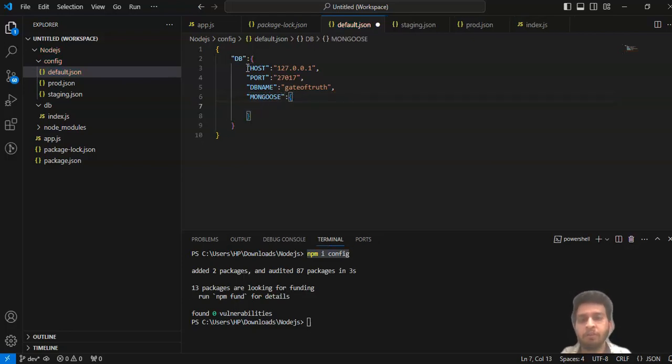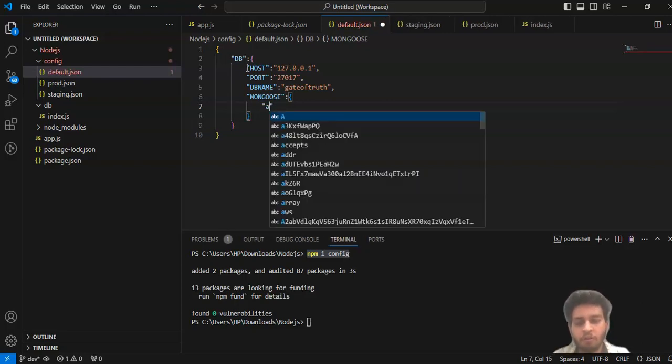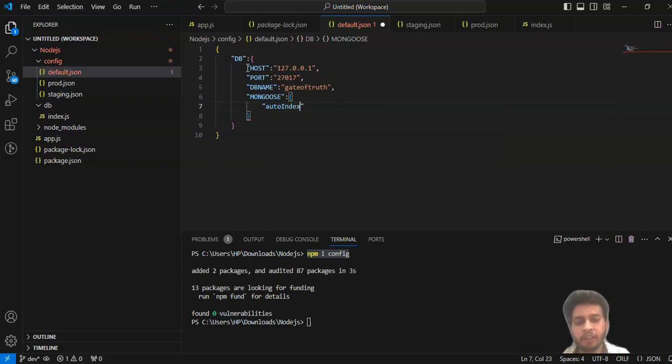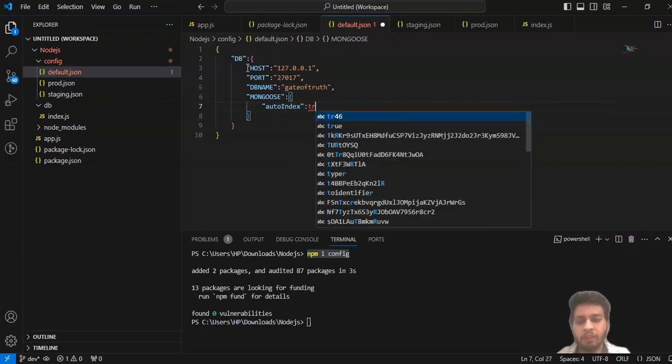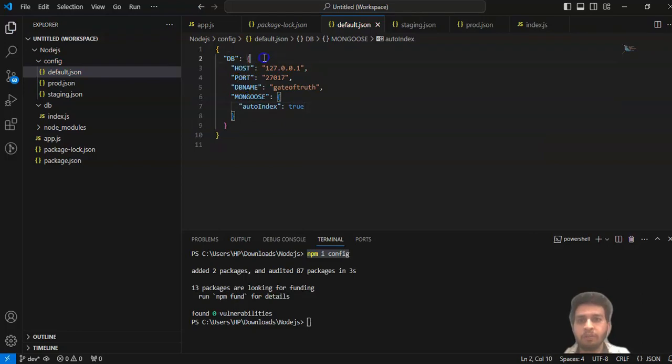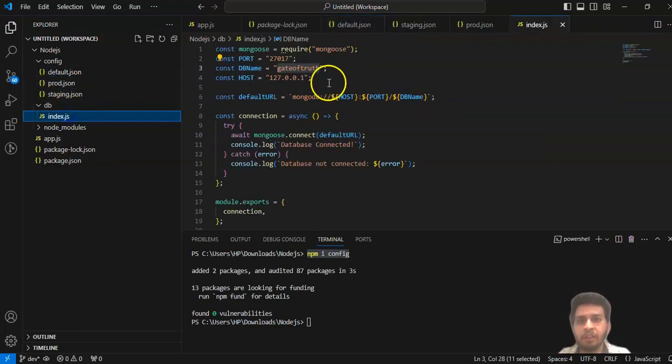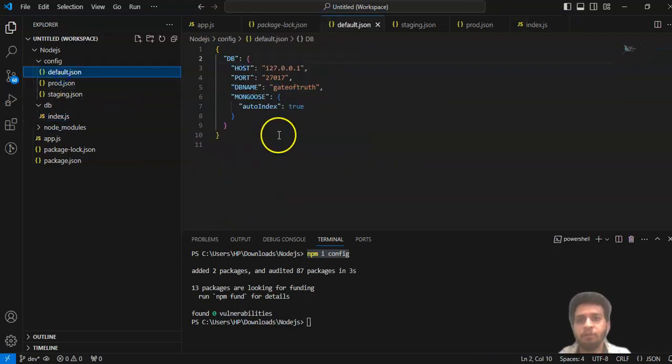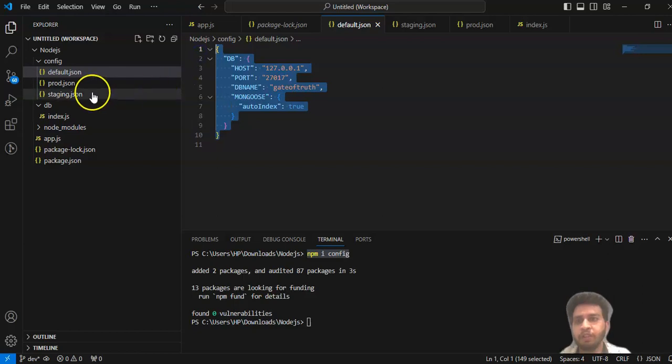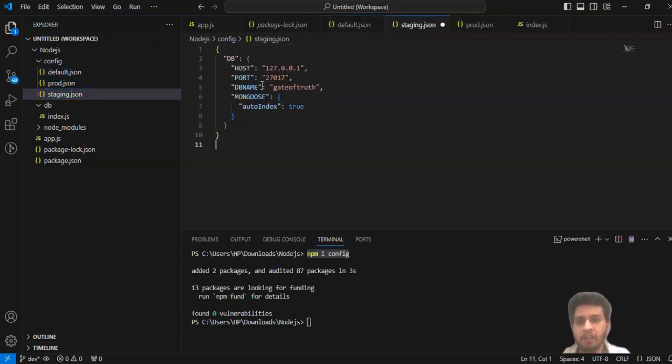That will be very helpful in the future, but not in this video. First of all, write autoIndex here. It will be true. And we will replace this value with this. Here you have to copy and paste the same for staging as well,